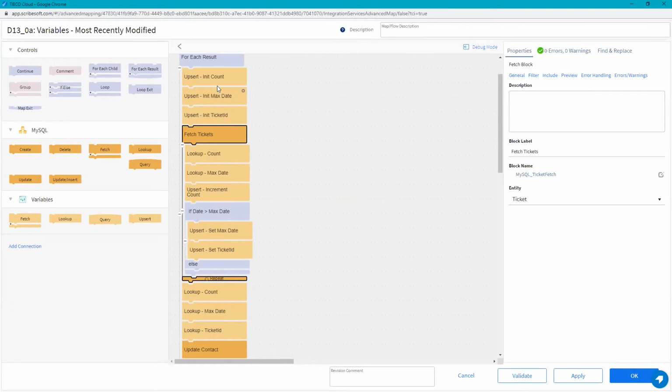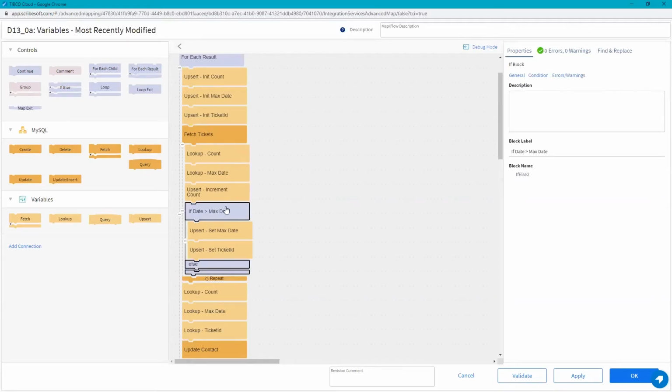variable. So we see outside of this loop, we have the initialization of these three variables. And then here we look up the count, we look up the max date, and we increment the count, right? And then here, if the date of the record in this ticket is greater than the max date that we've already saved, then we upsert a new max date, we upsert the ticket ID here. All right. So we have this initialization, lookup,